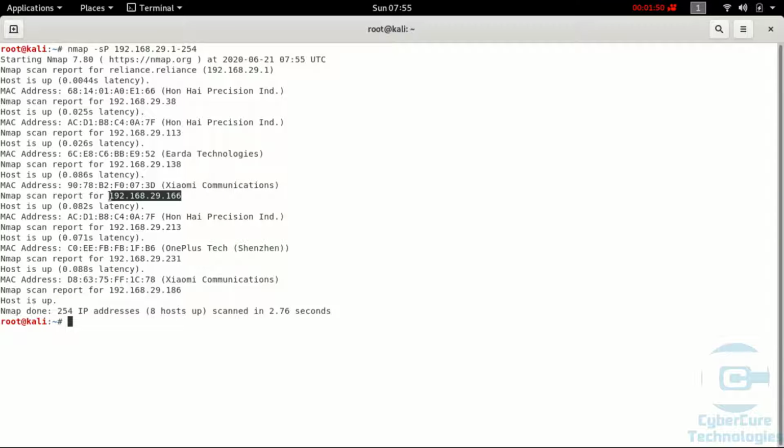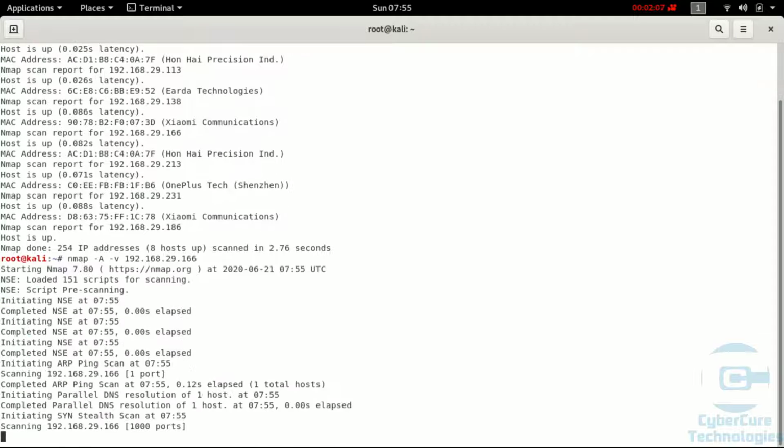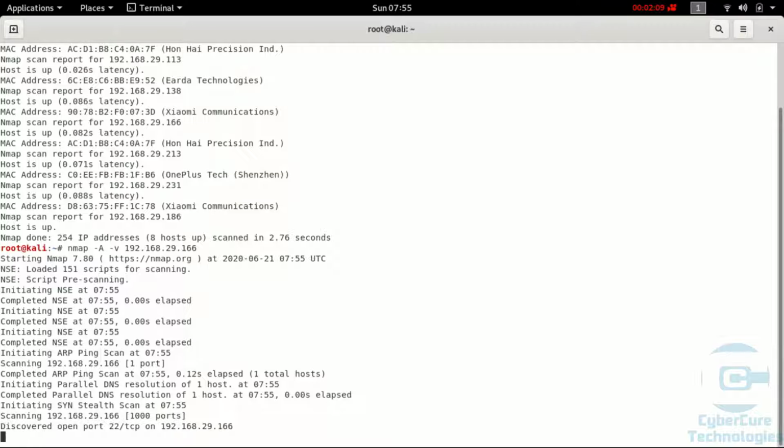So let us do the complete port and service scan, for which I can use the command nmap -A -v and the IP address, that will be 192.168.29.166, and over here it will scan your complete machine. And what we can see in the output is that